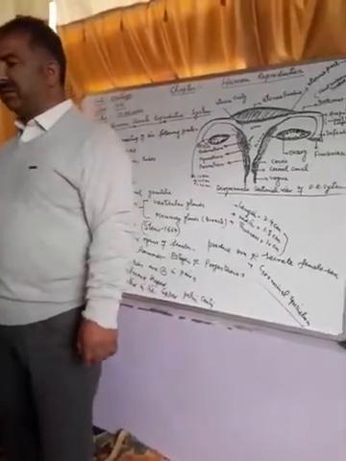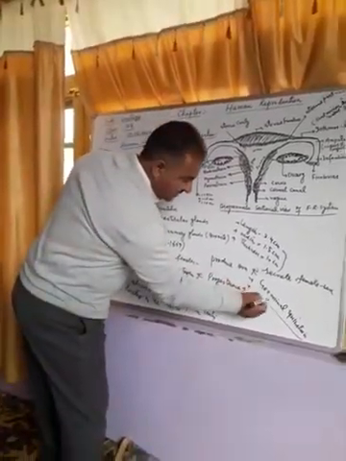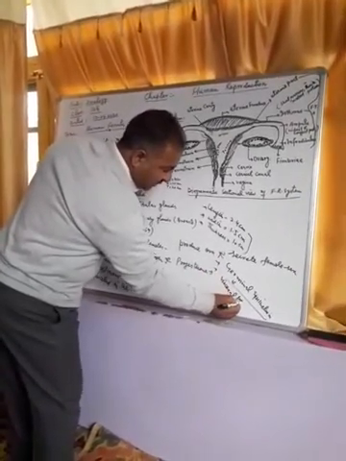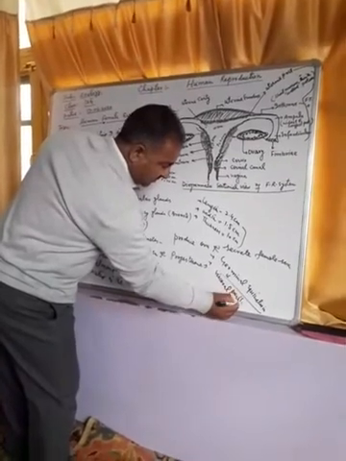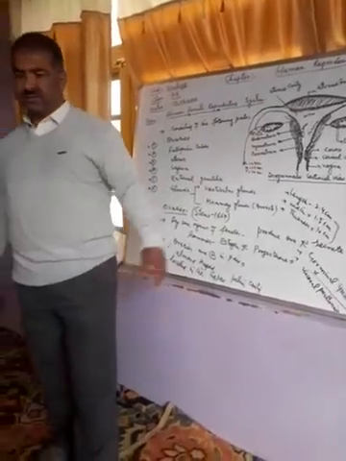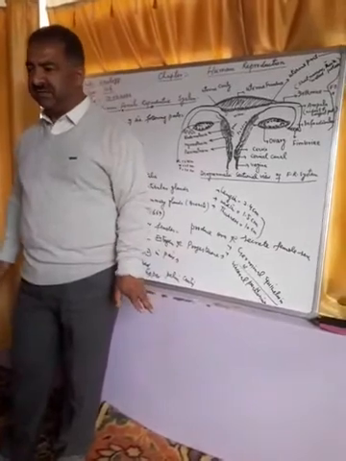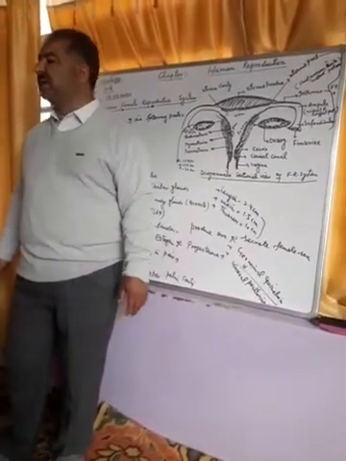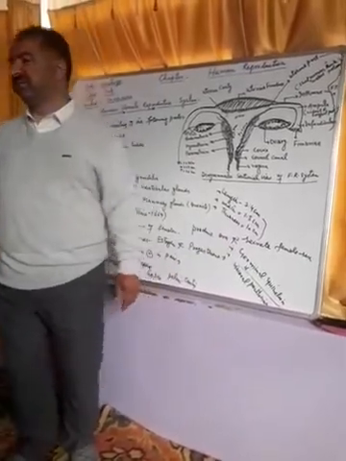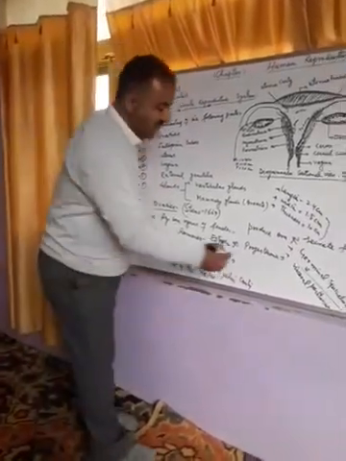The germinal epithelium is covered by a visceral peritoneum. First we see the ovary is covered by a layer of cubical epithelium, which we call the germinal epithelium. The germinal epithelium is covered by visceral peritoneum. Beneath the germinal epithelium is the tunica albuginea,